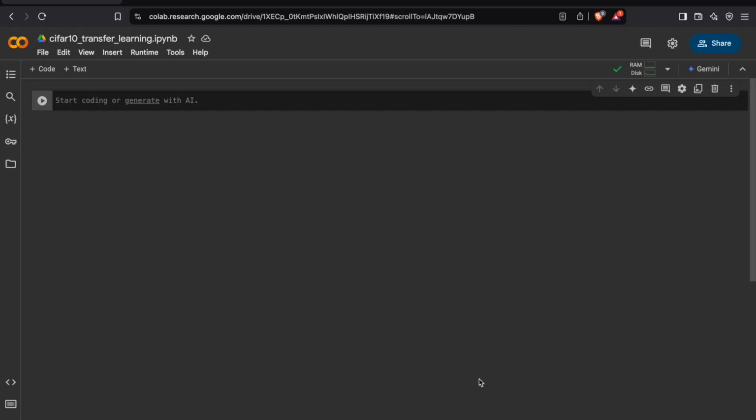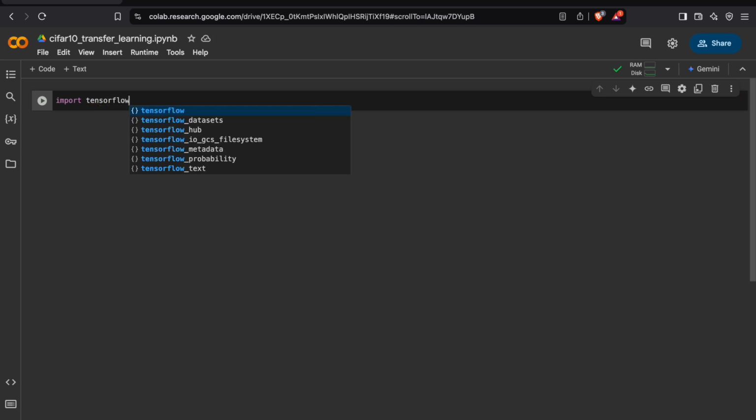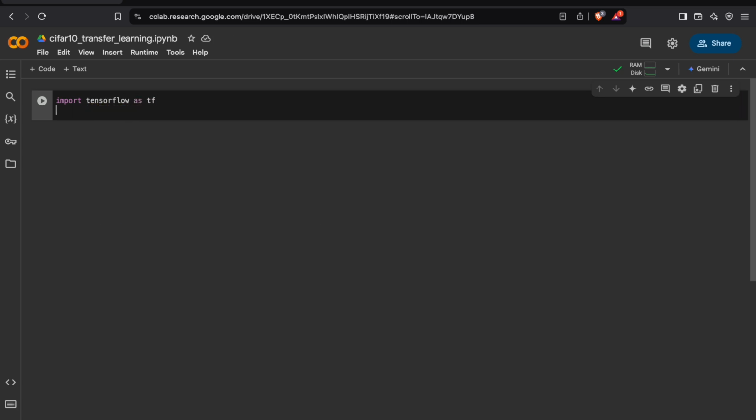Now, we are ready to build our model. But first, we need to grab some tools which we will use to build the model. So in our first chunk, that is what we are going to do. We are going to be grabbing all these tools. So I'll start with the first one, which is TensorFlow, as TF. And also from the same TensorFlow,